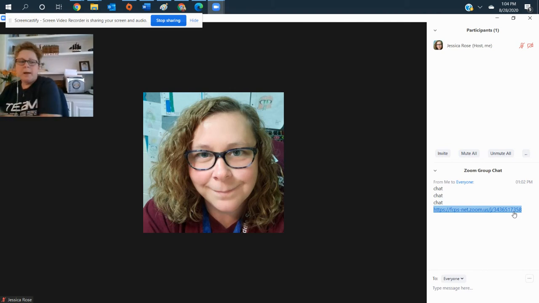so on the touchpad, if you do not have a mouse, you can click with two fingers like this, or click it once, and the copy will come up for you. And then you need to hit copy. Now, if you have a mouse, like I have a mouse,